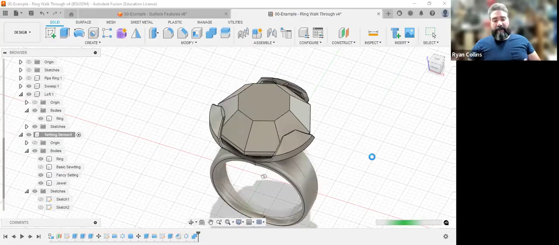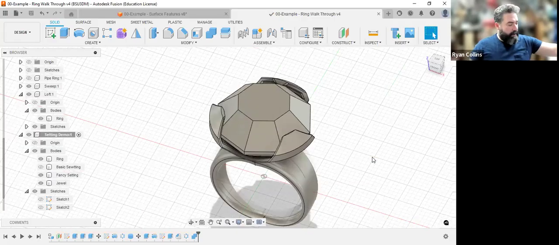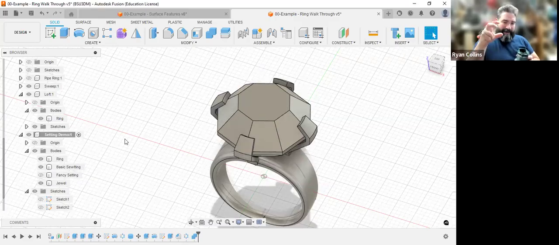So those are how you can go about making some settings. And again, these don't have to be ornate. They can be super basic, however you want. Just something that grips around the jewel. Okay. So those are the main ones I wanted to show everybody, just those basic settings. The thing I really want to show is